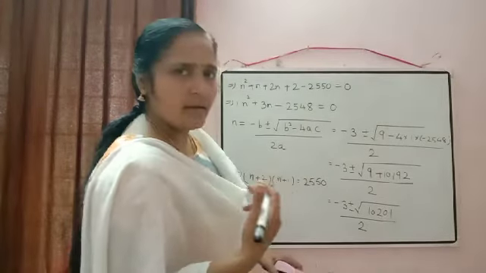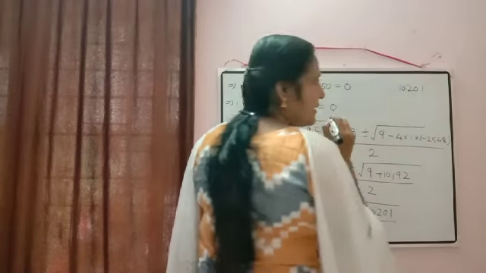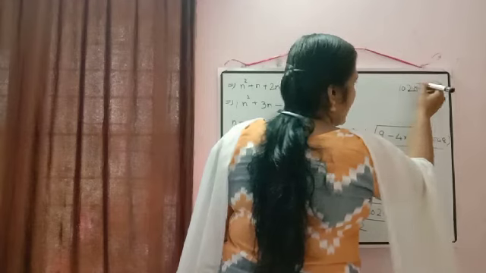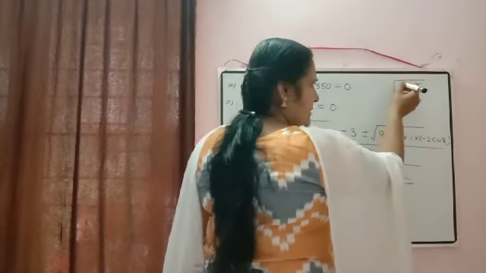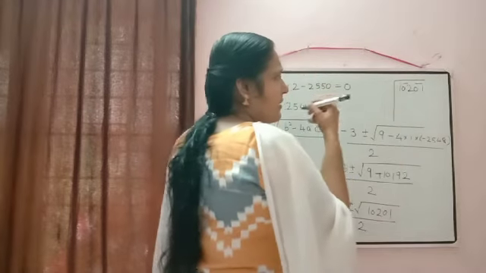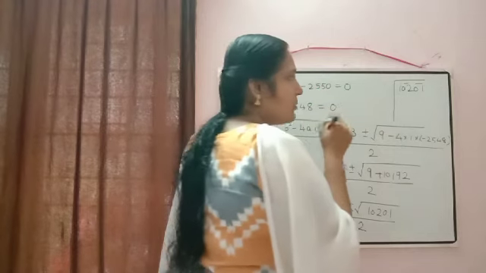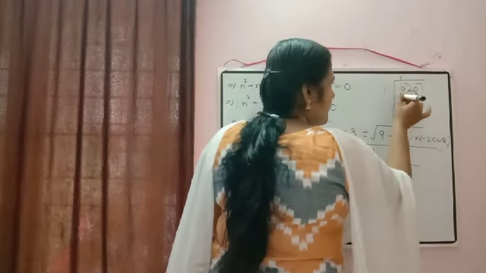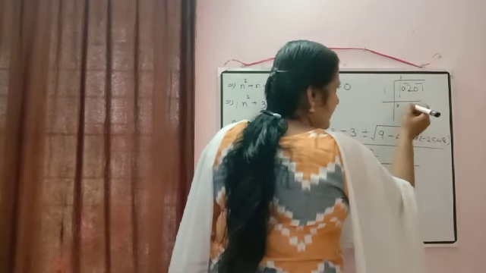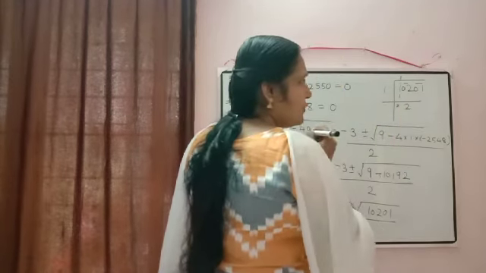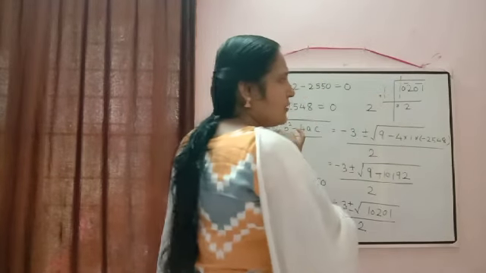So for that we know how to find out the square root by the division method. 10,201. We are making the pair of numbers starting from the right hand side. Then 1 is alone there, 1 is not there in a pair. So first we will find out the square of a number which is less than or equal to 1. So that is equal to 1 only. 1 ones are 1. This will get cancelled. We will write the next pair, that is 0 2. So we can simply write 2. Here these two will get added there. So 1 plus 1 will be equal to 2.